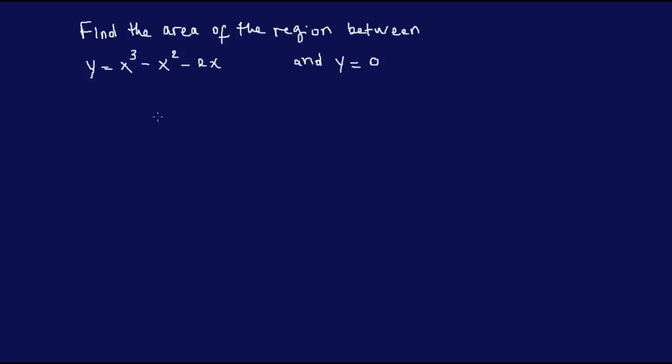Okay, so we have y equals x cubed minus x squared minus 2x, so we factor out x and see what we have. We have x squared minus x minus 2. And we can further factor this. So the product is supposed to be minus 2 and the sum is equal to minus 1. I'll verify that later, but you could use different methods,